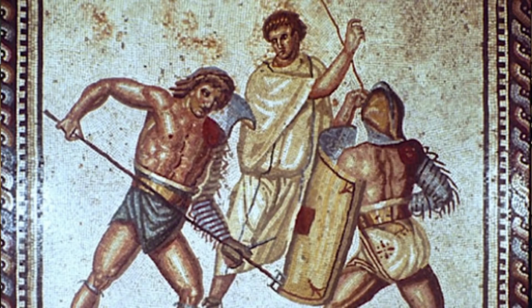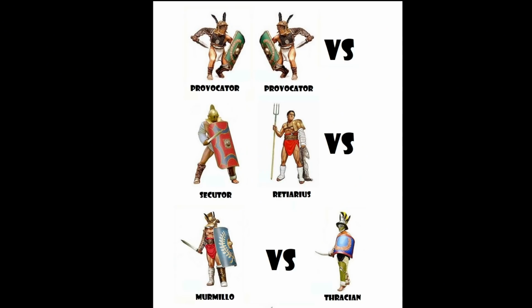So I think it's an interesting pairing. Now the point to emphasise here is that we've got Thrax versus Mamilo, then we've got Retiarius versus Secutor. Now what I think is interesting is there is a difference between the Thrax and the Mamilo, but in the grand scheme of things they're relatively similar. The Thrax is a bit like a slightly lighter, slightly different equipped version of the Mamilo. They're not hugely imbalanced or hugely different types. So that's more of an even fight. It wouldn't look drastically different to a fight between two Provocators.